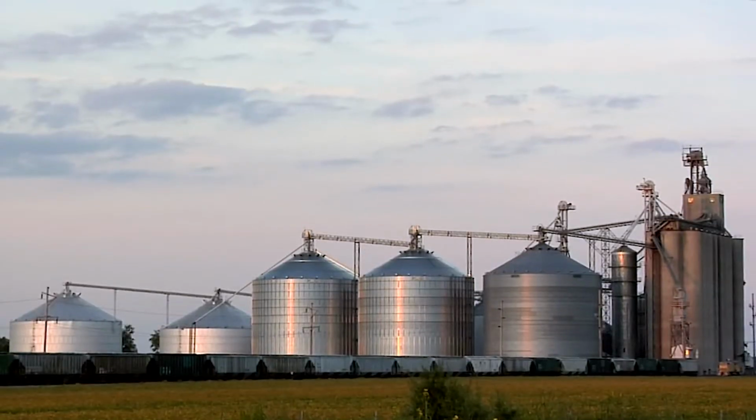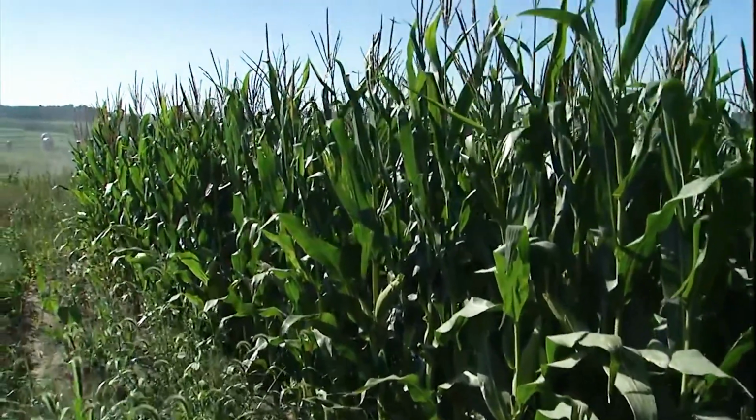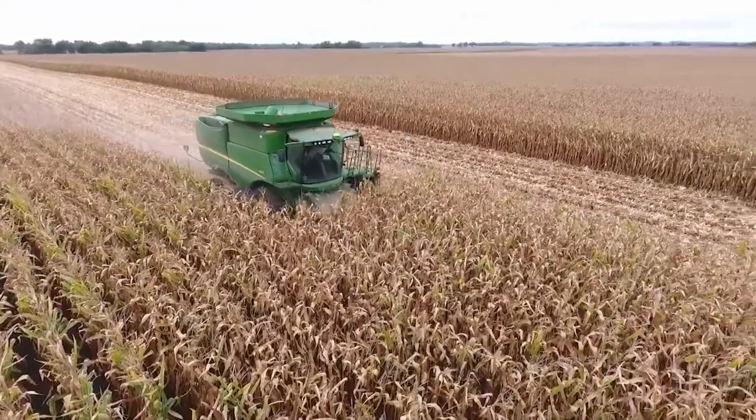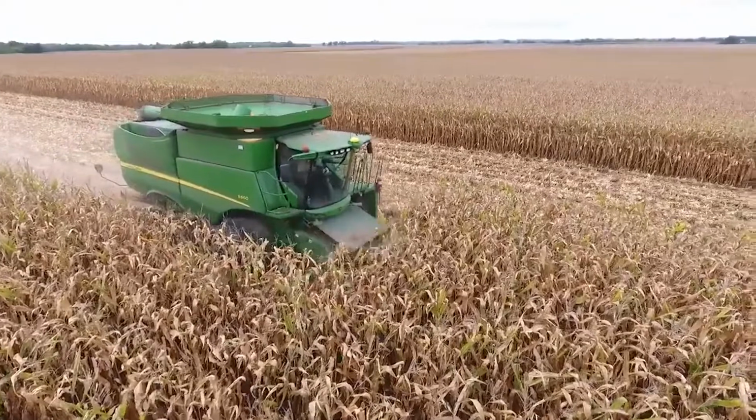Our research on Centuro in particular has been focused on poorly drained soils. We've been evaluating it since 2012, so we've looked at it for about 6 years. So about VT, when the plant's tasseling, we evaluate the greenness of the plant using a SPAD meter. And when we've evaluated Centuro plus anhydrous ammonia, we've seen greener plants compared to the absence of Centuro in the anhydrous ammonia. And then ultimately, how's that carry over into yield? We've seen about a 4% increase in yield when anhydrous ammonia was combined with Centuro compared to anhydrous ammonia